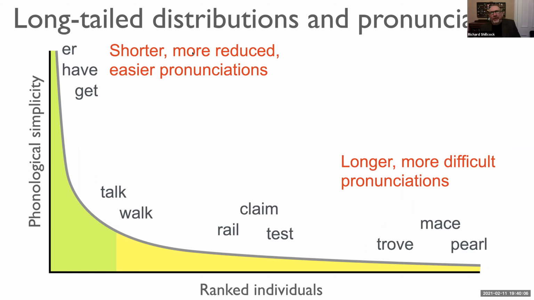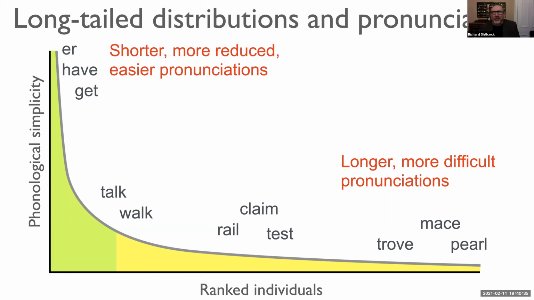So that process I've just referred to is known by phonologists as reduction. You really, the tongue doesn't go to where it's supposed to be, or the lips don't go to where they're supposed to be. They just go to a brief nod, a brief approximation, and then they're sort of on to the next word, and the brain intuits what was meant. So these are easier words to pronounce. They don't have weird phonemes in, like j or z.